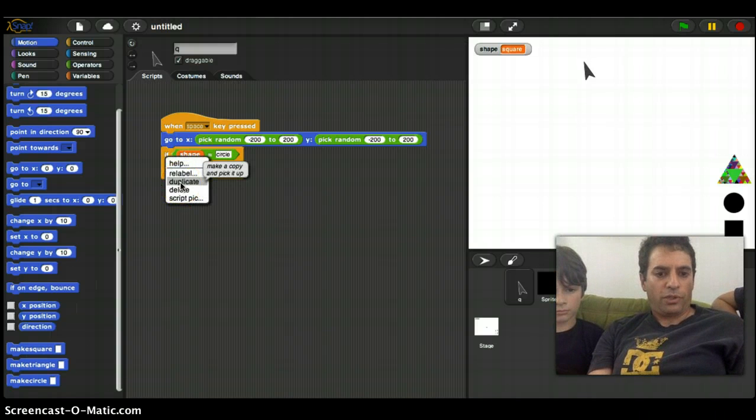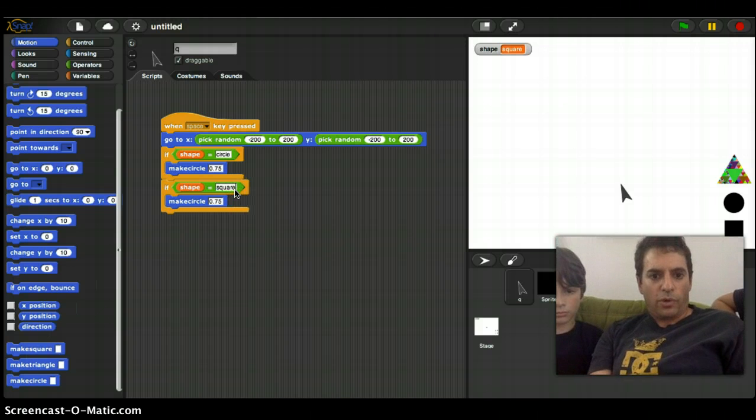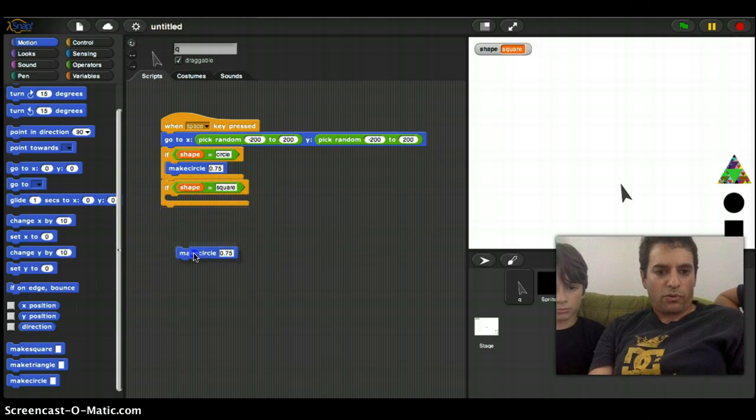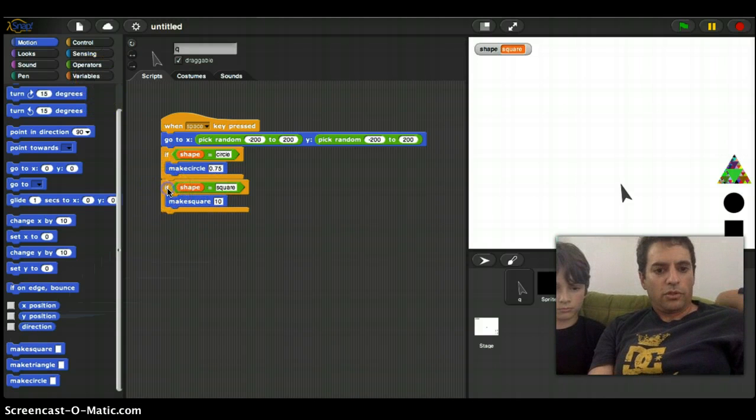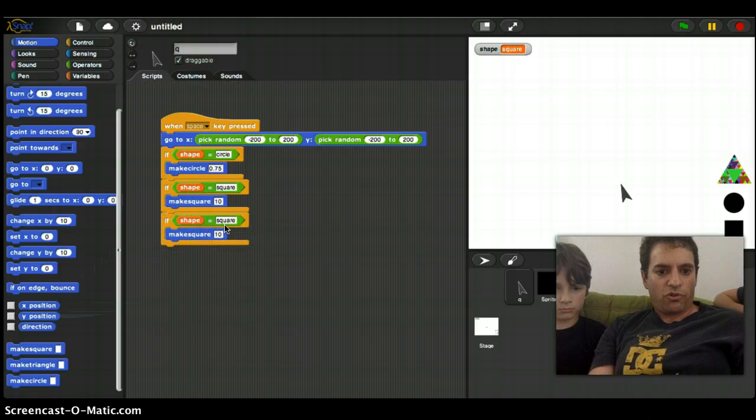I did that by holding down the control key, and I'm going to duplicate it. If shape equals square, then I'm not going to make a circle, obviously. I'm going to make a square, and we'll make a square of 10. And can the next one be a triangle of 8? Sure. So now we're going to duplicate, and if shape equals triangle,